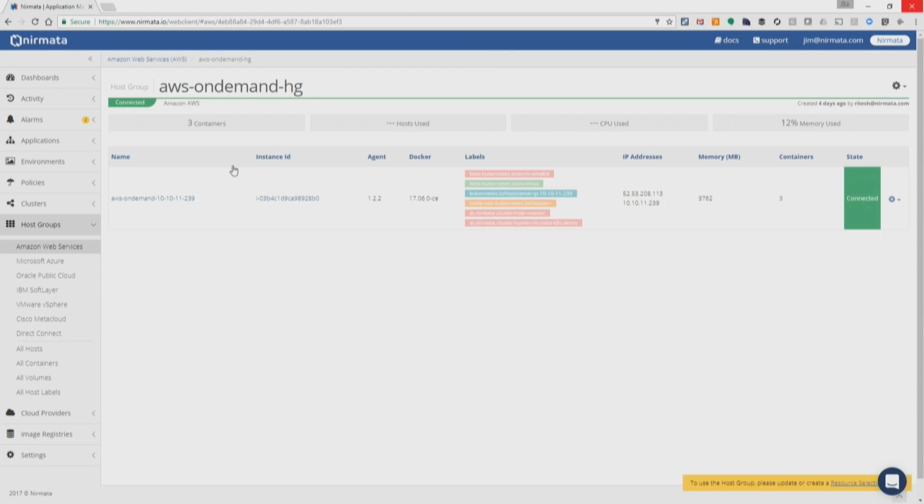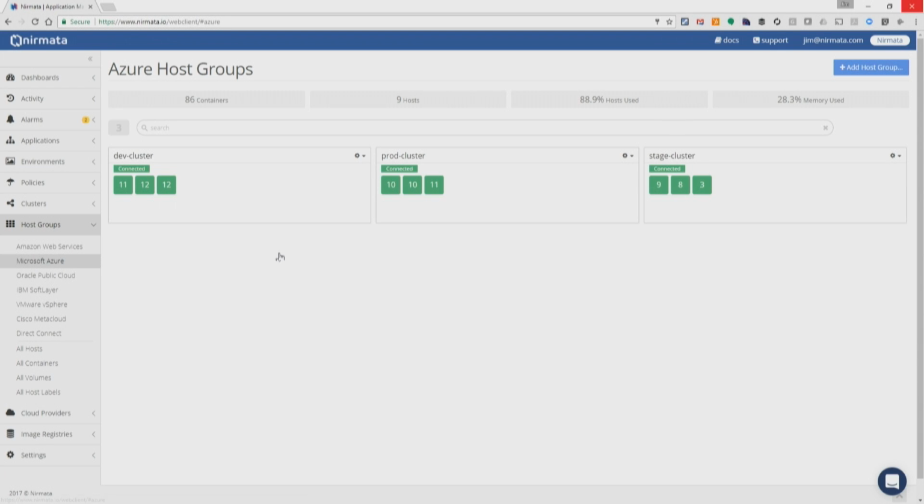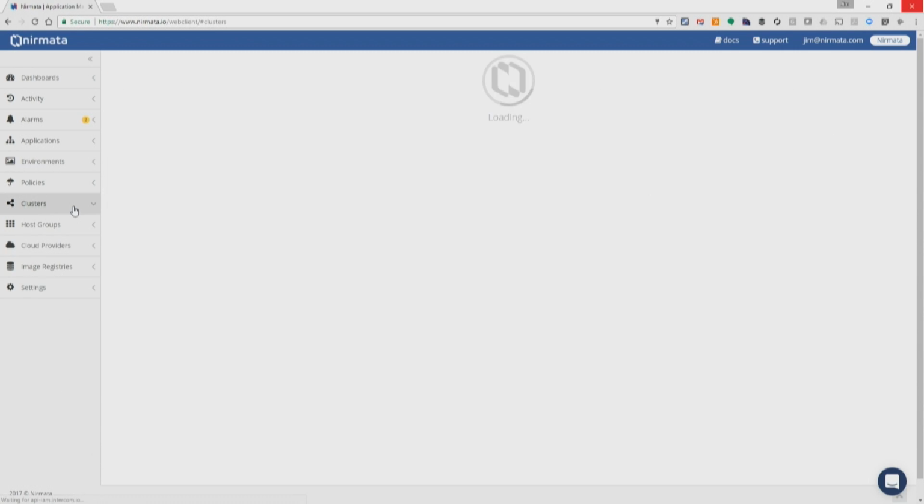If you see this host group, we have an instance here. It's an AWS on-demand instance, which is available for provisioning your application. And then we also have a few host groups on Azure. So you can group these and add more based on the cloud providers you're trying to use.